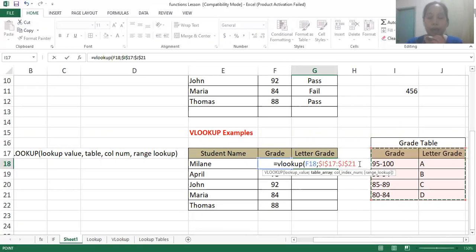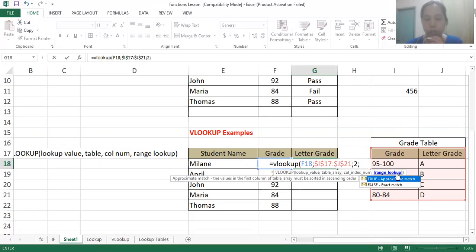It means that it will not change if you apply autofill. Then the column index. Our letter grade is in the second column of our table. The next is the range lookup. Range lookup is either true or false.